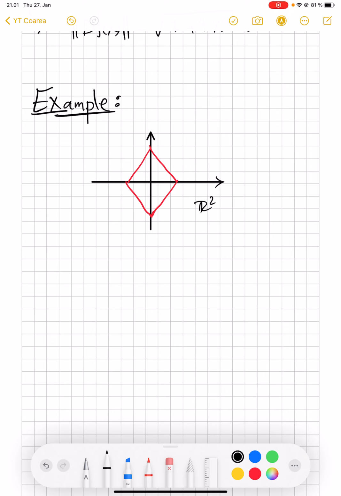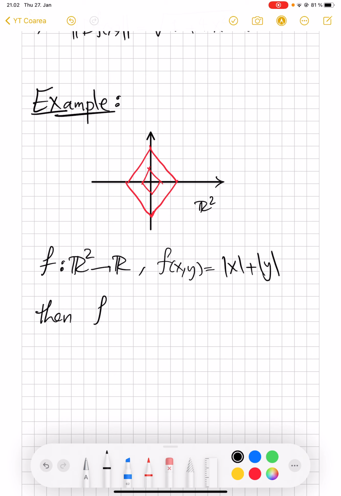So first we have to see what function's level sets will give this, and that function is just, you see that these are the boundaries of the L1 norm, but that is a fancy way of saying if you take f from R2 into R with f of (x,y) equal to absolute value of x plus absolute value of y, then f is Lipschitz. Never forget to check that the assumptions of a theorem are actually